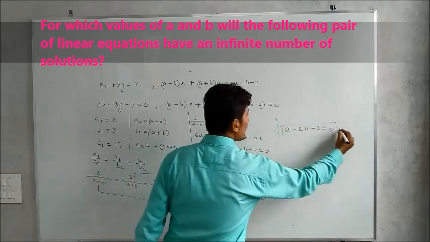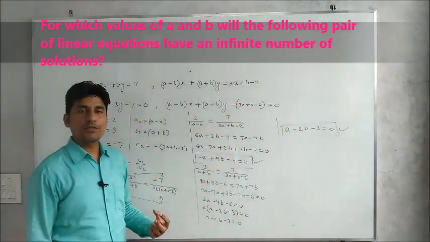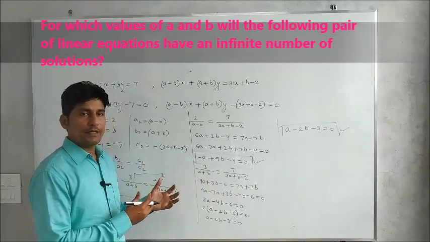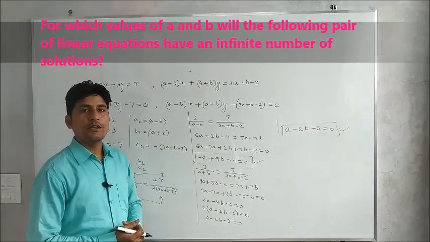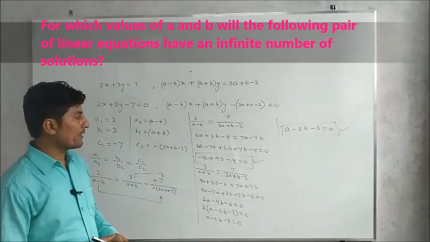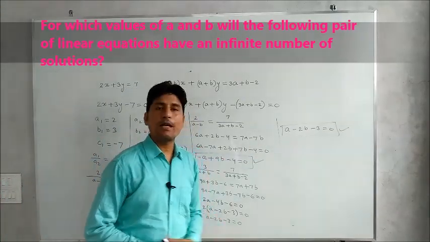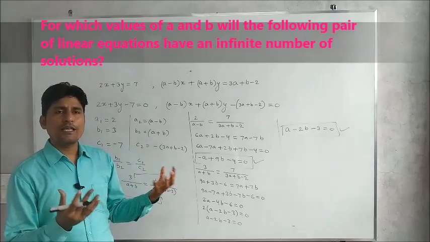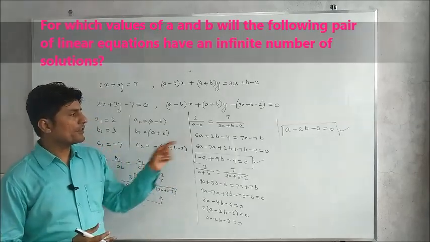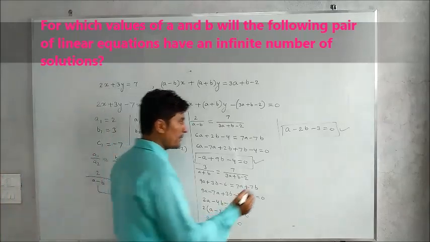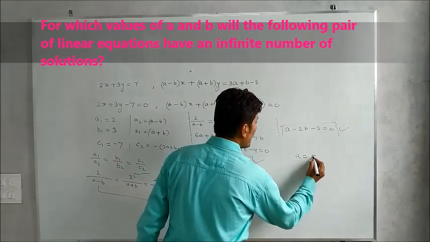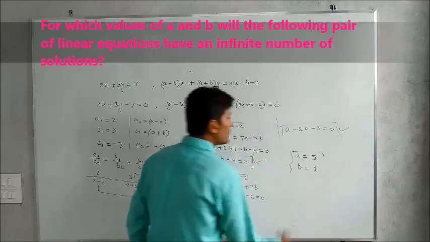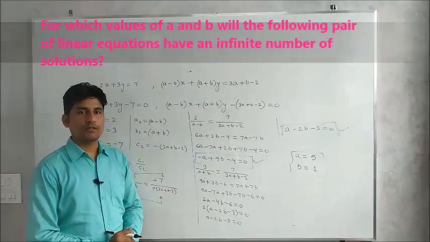After getting both the equations, now we can solve these two equations by using the cross multiplication method. Just now I explained in the previous question how to solve any equation by using the cross multiplication method. Whatever values of A and B we get, that will be the answer. If you solve these two equations by the cross multiplication method, then the value of A will be 5 while the value of B will be 1. So this will be the solution for this question.